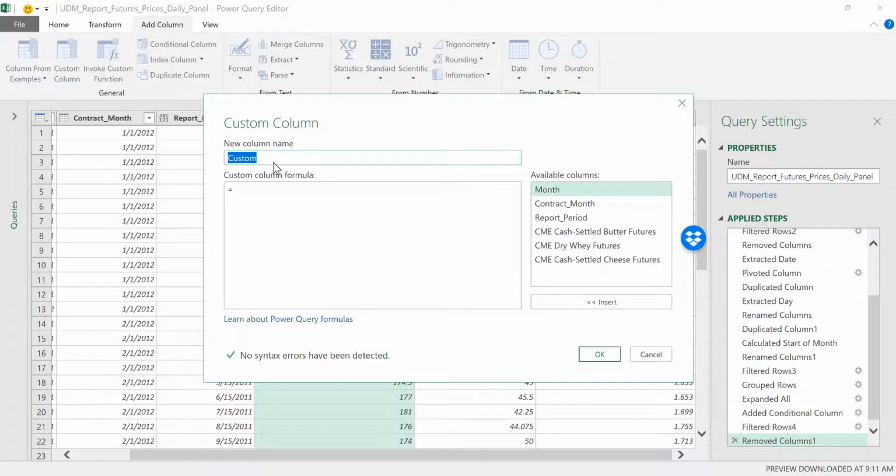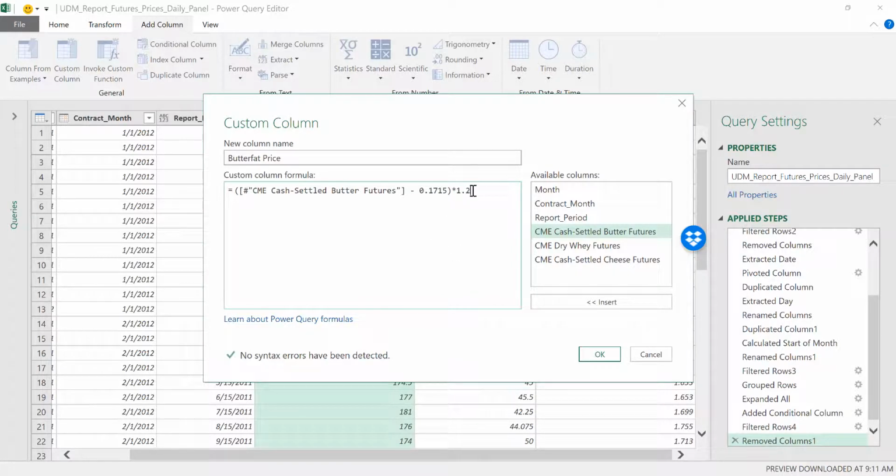We'll call it butterfat price. Butterfat price is going to be equal to the butter futures minus 0.91991, which is the make allowance for butter, times, I did it wrong. That's the make allowance for dry whey. For butter, the make allowance is 0.1715